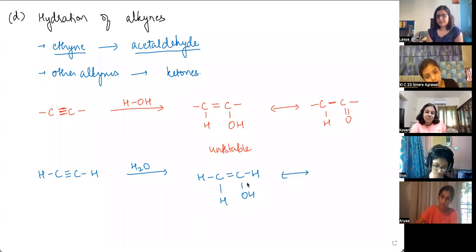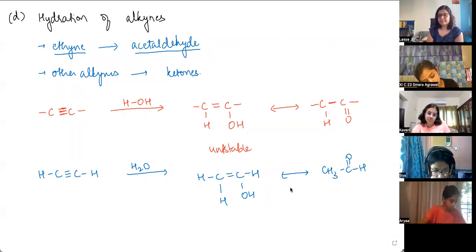So on tautomerization, you end up getting CH3, C double bond O H. And any other alkyne, because of Markovnikov rule, for example, if we take propyne,